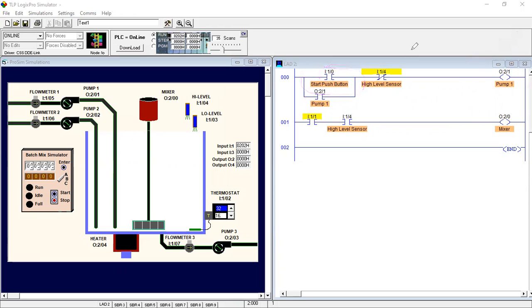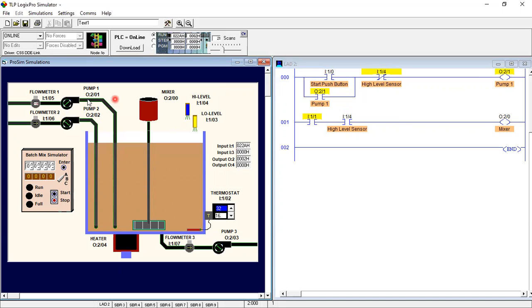Let's do it: when we press the start push button and then release it, the pump will automatically fill the liquid. If we connect one more instruction with the address of pump 2, it will also run.